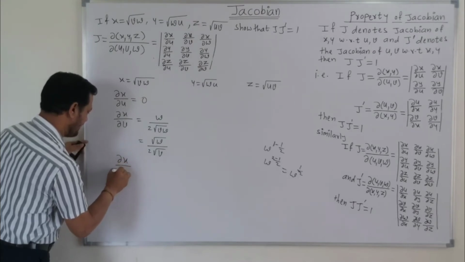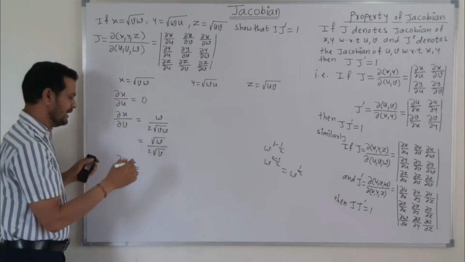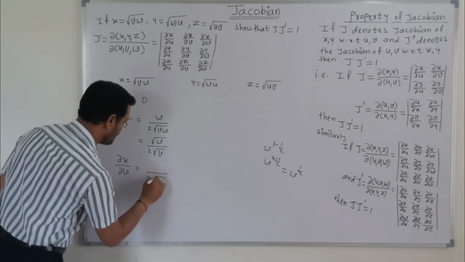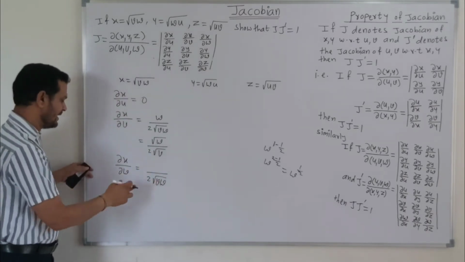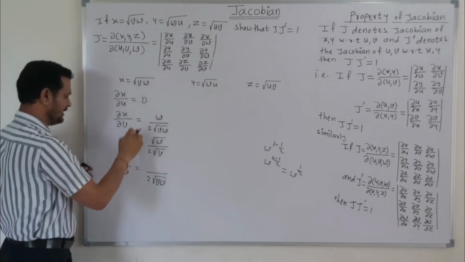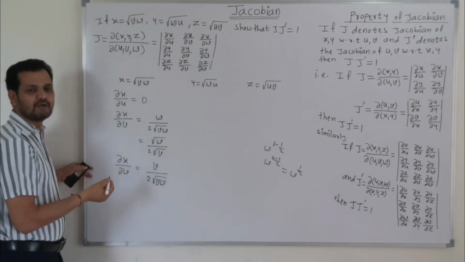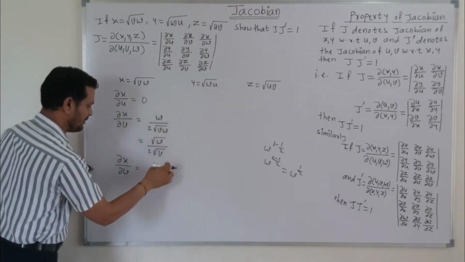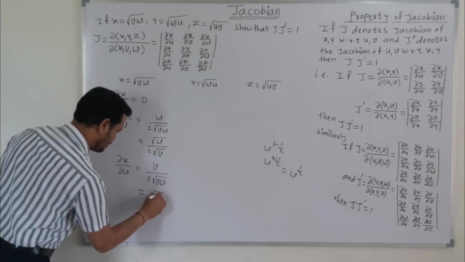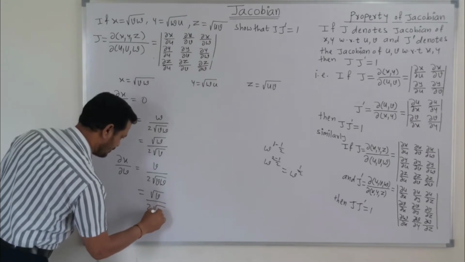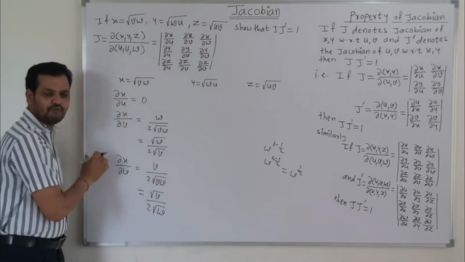Similarly, the partial derivative of x with respect to w. This is again a root of x type. The derivative of root x is 1 upon 2 root x, that means 1 upon 2 root of vw. This is other than w. So the derivative of vw with respect to w, v is constant. The derivative of w with respect to w is 1. So again here w upon root of w, the same concept is applicable. Then we can write this as root of v upon 2 root of w. So this is all about the partial derivative of x with respect to u, v and w.